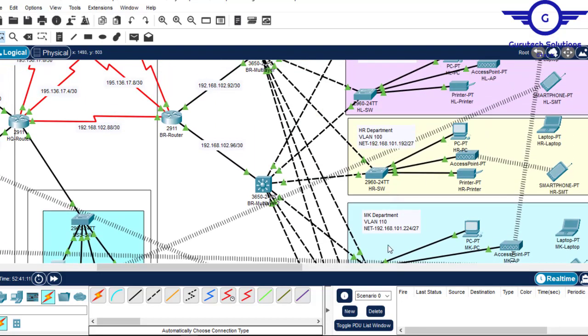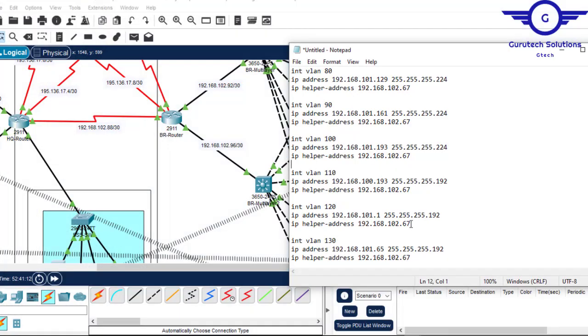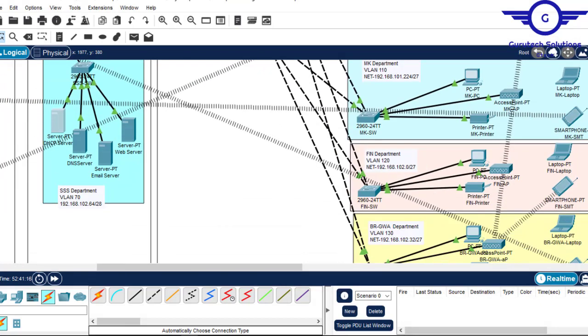As you can see here, VLAN 100 will be 193. Now VLAN 110 will be 225. Then VLAN 120